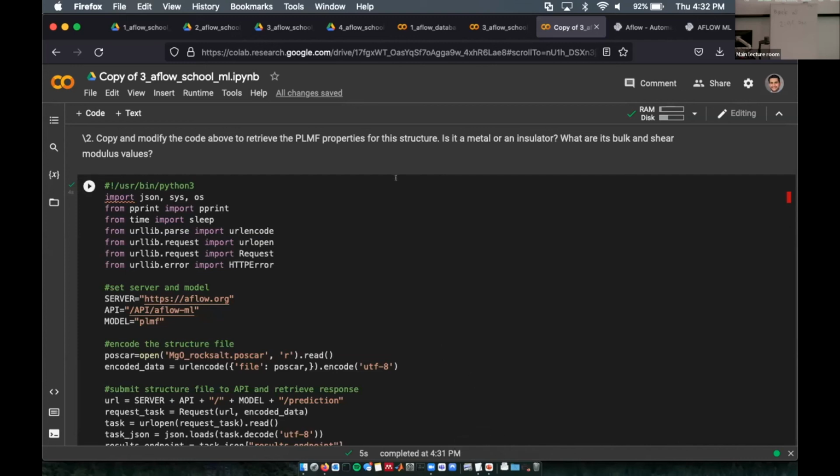So I will, still sharing screen, right? We're going to go through some